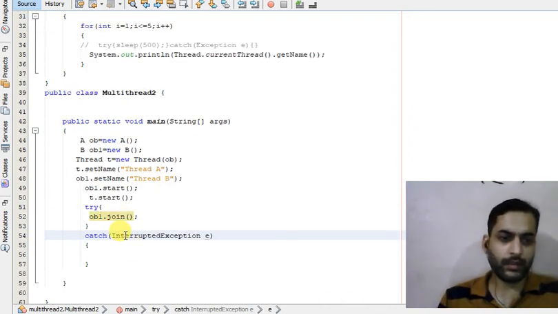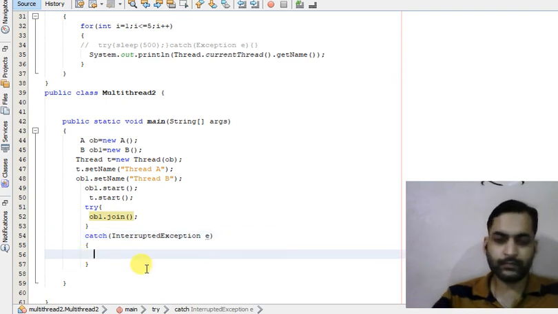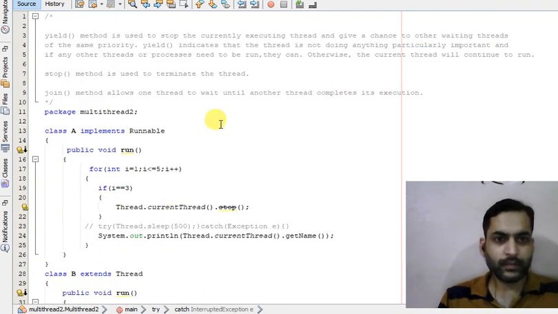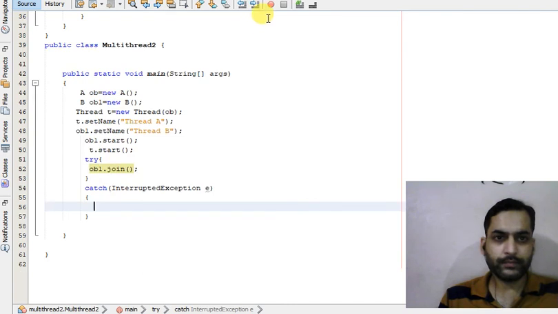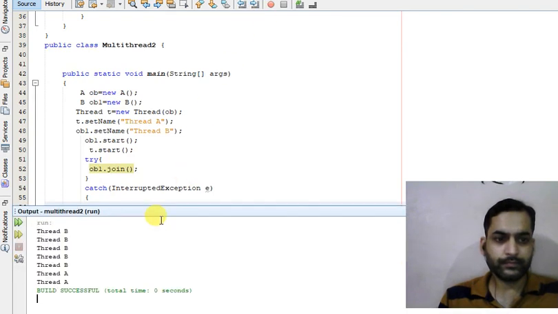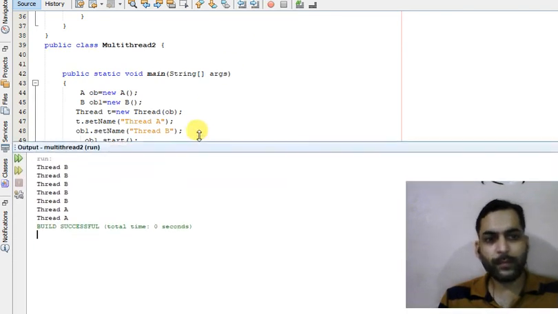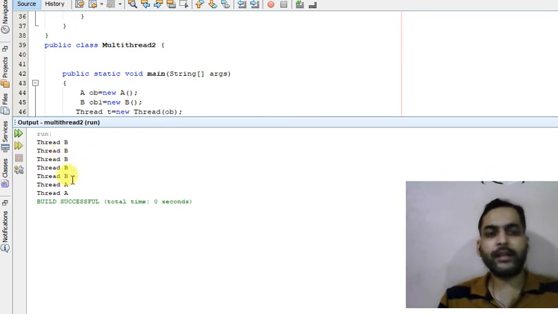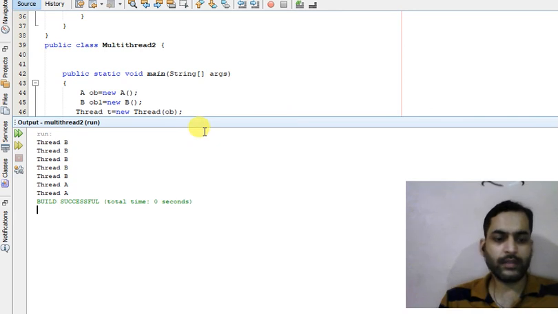So it is InterruptedException. Okay, now let us try to run it. So you can see first B completes its execution, and then thread A runs.